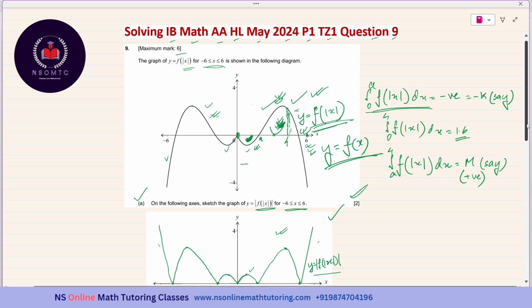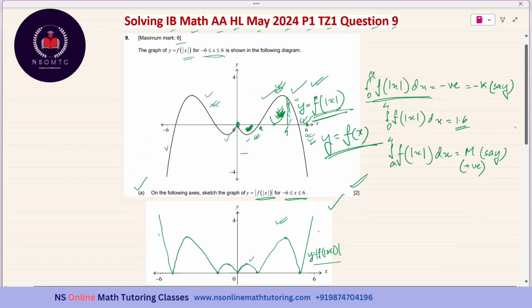Now we go to this part. We see that this part has the value m, which is a positive number, so it is plus m. And this one is a positive number, but I have taken minus k to represent a negative number. So this part, because it is below the x-axis, is negative k. But if this same part comes above the x-axis, the area will be the same, and the result of integration will be positive k, because it has come up above the x-axis.